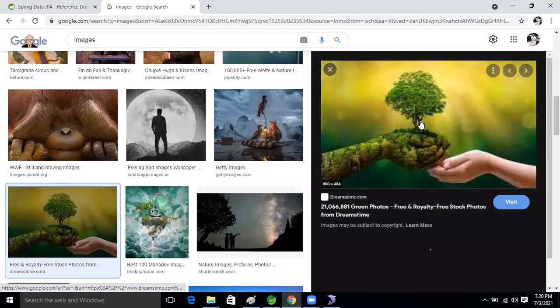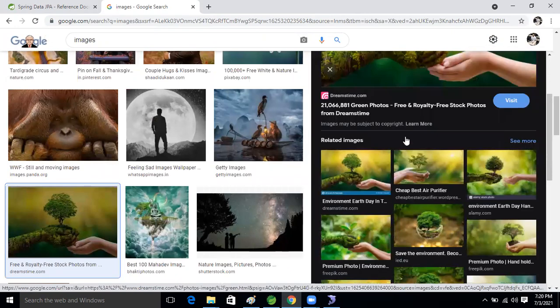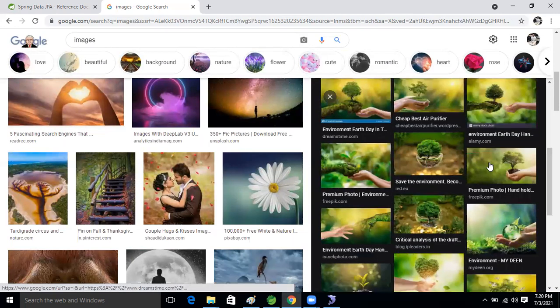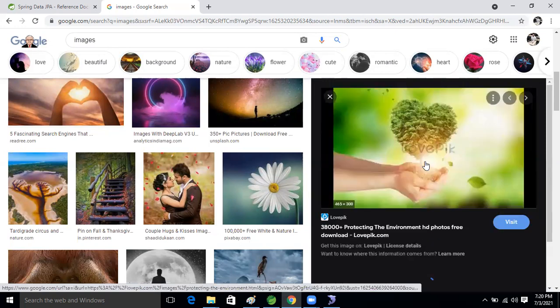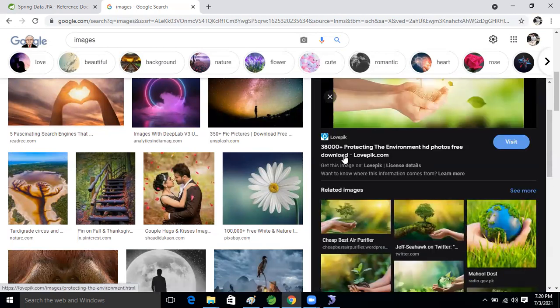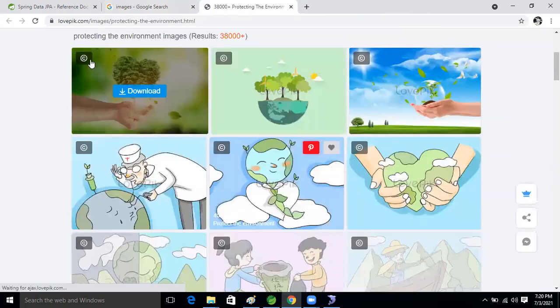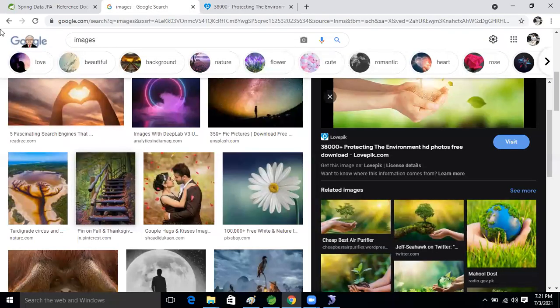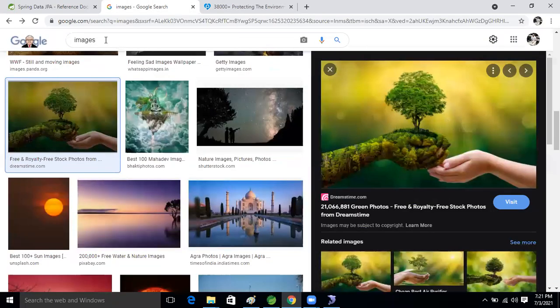Nature, right? This is okay, good. This one is. So how can we download it now? Is there any download option anywhere? Now click it. I think we can save it. Download. Hey, this is asking something. No, I think we need to pay for this. Yes, yes. Okay, free.